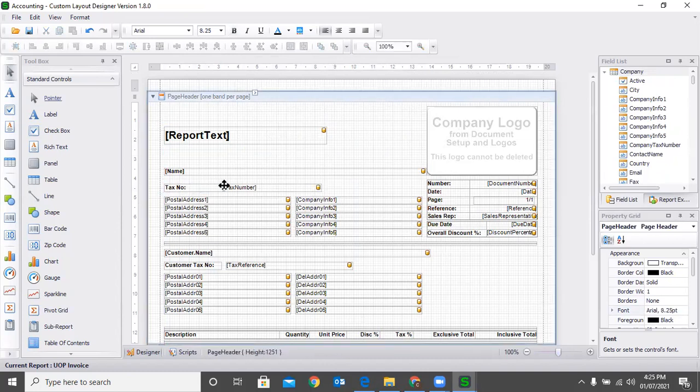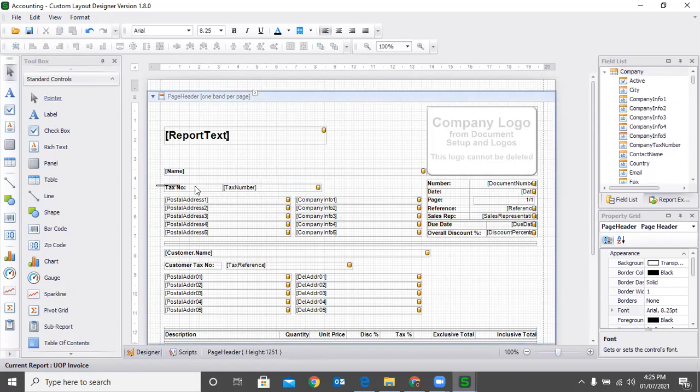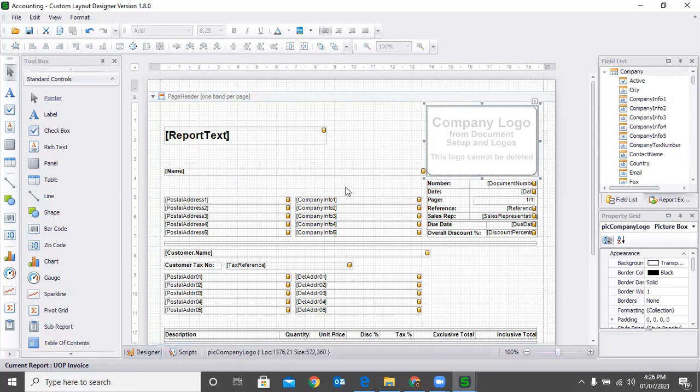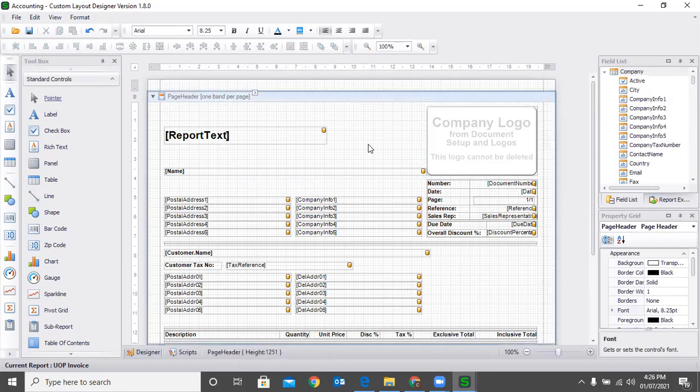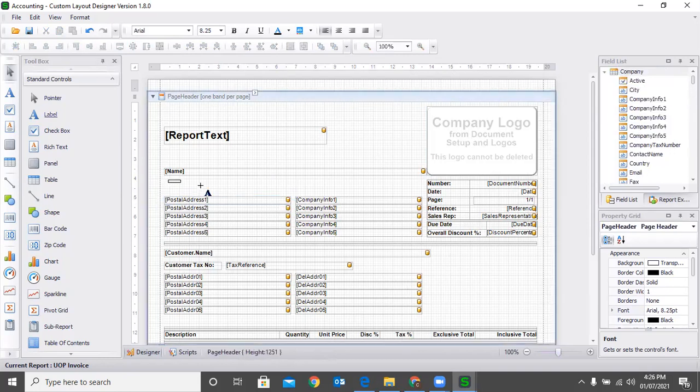Now for an example, in this layout the tax number is available. Assume you are not a tax registered company, then you want to remove this tax number. Then you can just select that label and click delete, and you can delete those details or labels. Okay, and also these are labels. You can select from here. Labels are